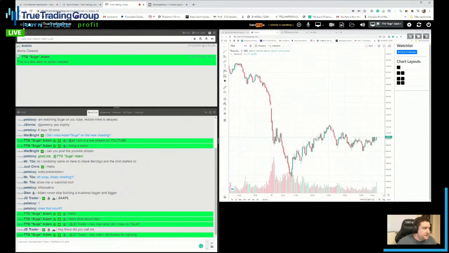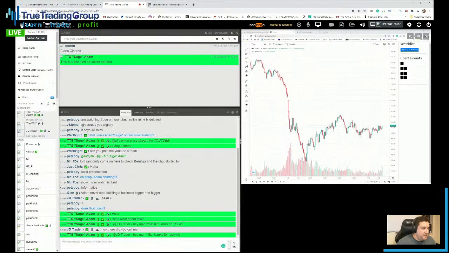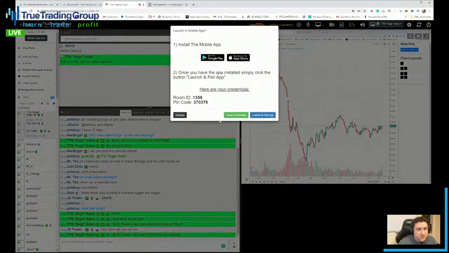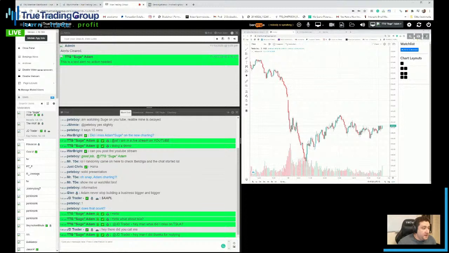Now, top left, you'll notice 3 horizontal lines. This is what we refer to as the hamburger. If you click the hamburger, not only do you get your mobile app info, which is your room ID and PIN code, you also get a list of all the moderators in chat, right? So normally this is a lot more full. So you have Wolf, JD Trader,